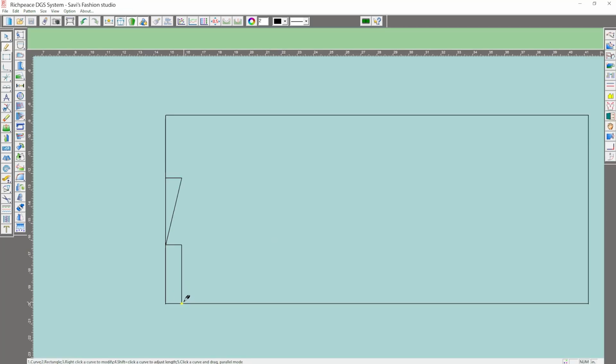Now I've kept the depth as 1 inch, but we'll be adding half inch rib or neckband. So the finished depth would be half inch and the finished width would be 3 inch. I'm not keeping the neck very wide, but if you want, you can keep it wider. Now again for the front neck depth,